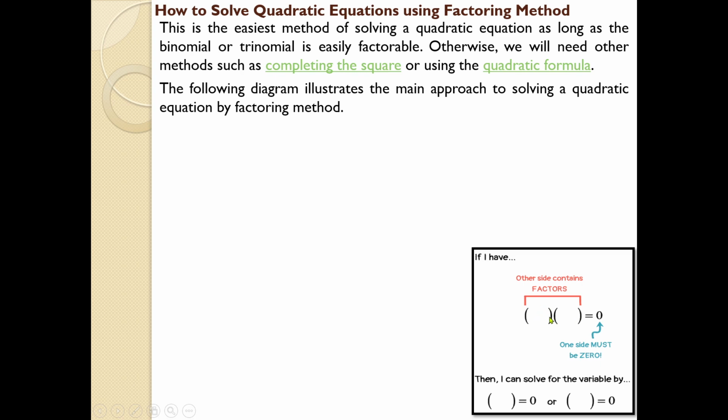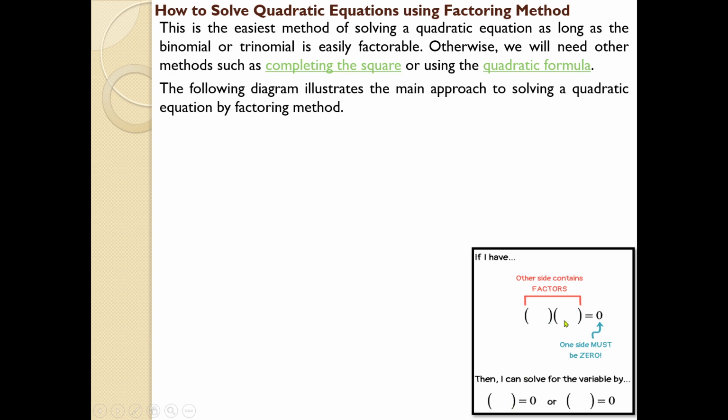Factors means it will be x minus 2, and here you will get x minus 3, after solving a quadratic equation. Whenever you get factors here, for the time being I am mentioning there will be 2 factors. In some cases there might be 3 factors. Anyway, all the factors will be shown on the left hand side of the equal sign, and on the right hand side of the equal sign you will have 0. So here, if it is x minus 2, it can be shown as x minus 2 equal to 0.